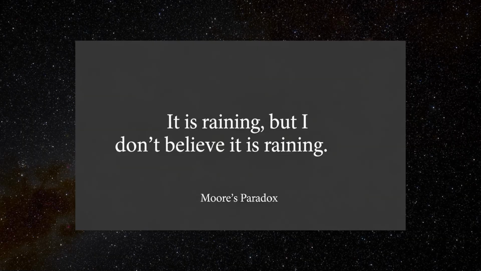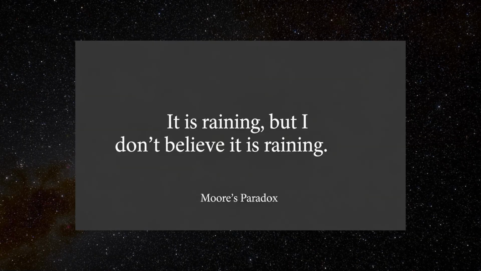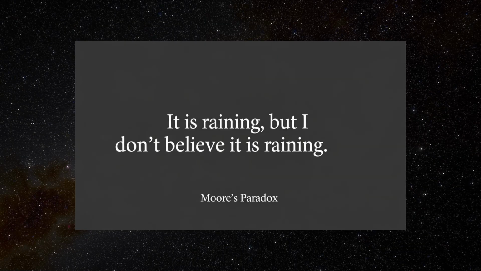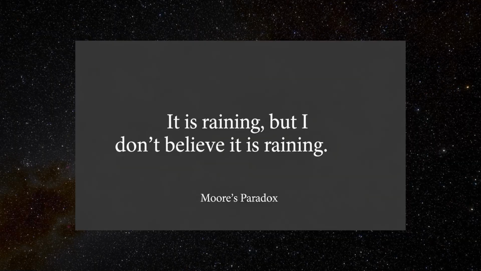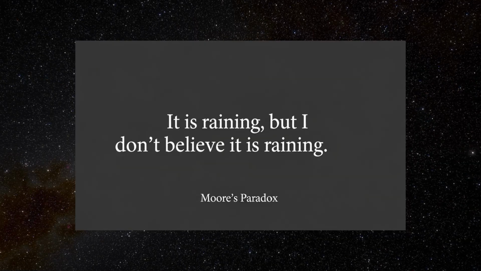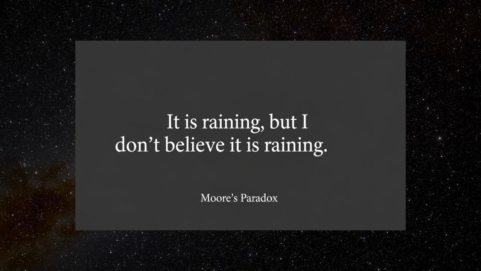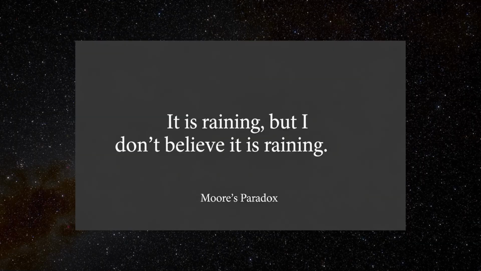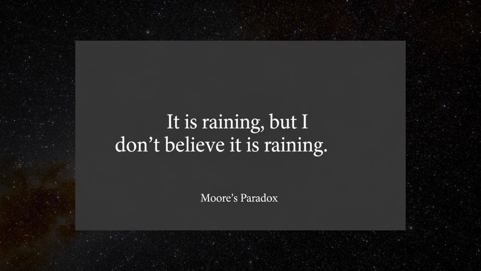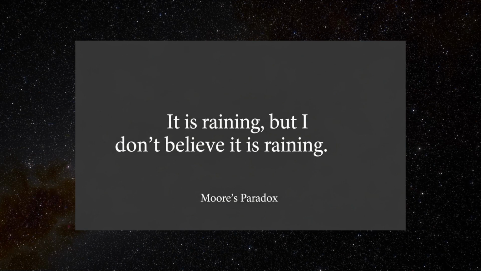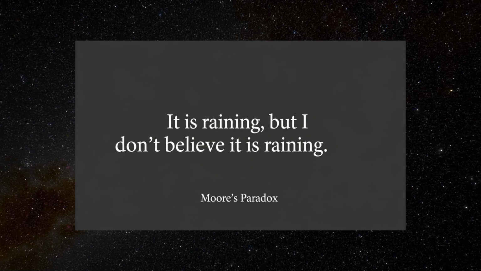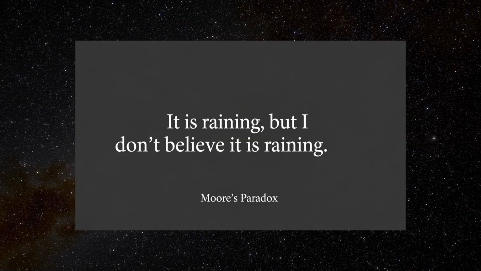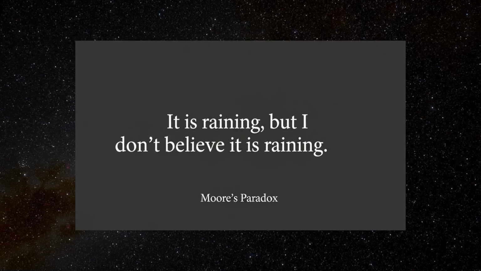However, asserting such a sentence seems absurd. If someone were to sincerely say, "It's raining, but I don't believe it's raining," we would find their statement bizarre, even incoherent, not because it's logically false, but because it violates deeper norms of rational communication. That is the essence of Moore's paradox, the paradox of how a sentence can be logically consistent, yet pragmatically or psychologically incoherent to assert. The same structure appears in related statements, like, "It's sunny, but I don't think it is."